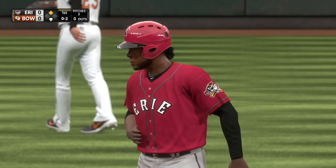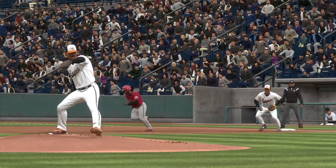Well, I think he's making it pretty obvious why he's batting leadoff, isn't he? Works his way on base to start the game and then does even better by...